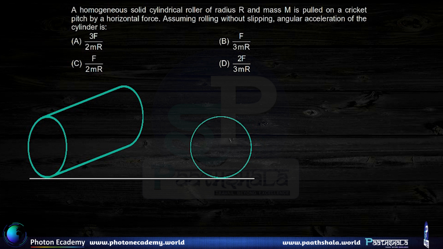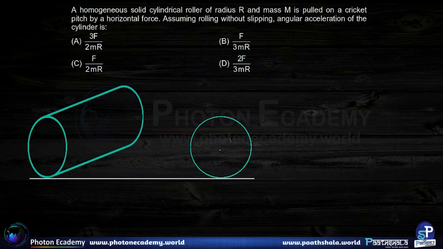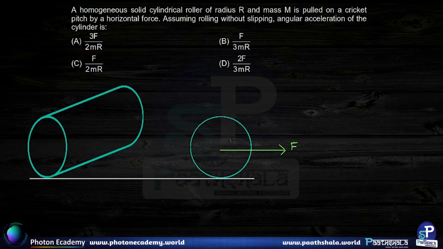Here this cylinder is pulled, so it has to be assumed in this question that the cylinder is pulled from the center of mass of the cylinder. So that means the force F that is applied is like so. This is an implicit assumption in the question, which is a fair assumption as well, because if nothing else is given, then the cylinder is assumed to be pulled from the center of mass. Also, it is a cricketing cylinder, so usually that roller has attachment to its center of mass itself. Okay, so this cylinder is pulled like so.